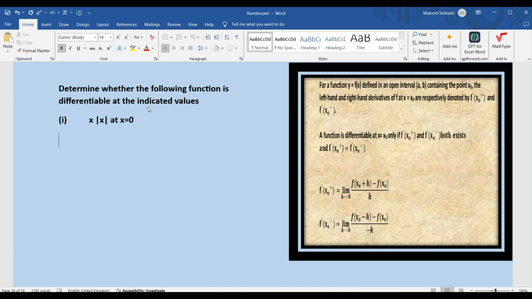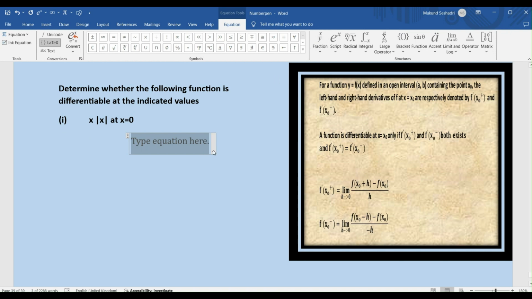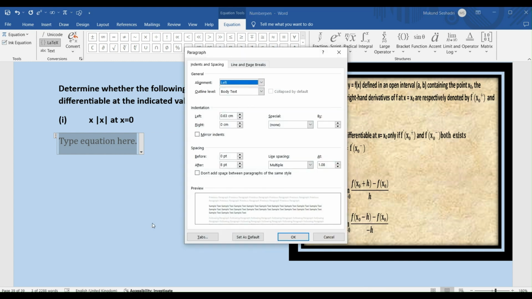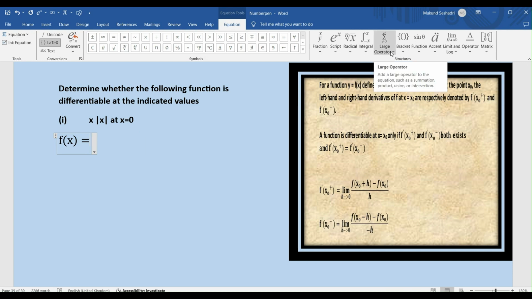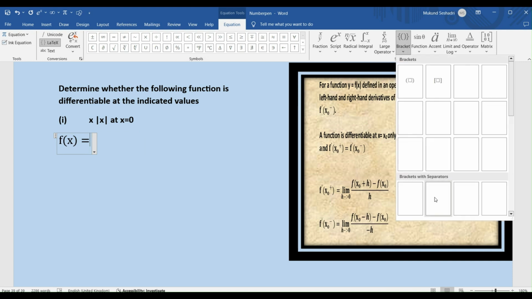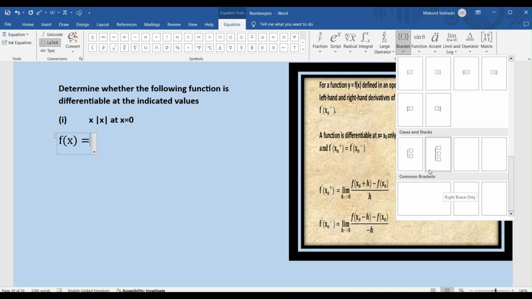And whenever you have a mod function, mod of x, let's remember that mod of x is x for x greater than or equal to 0 and minus x for x lesser than 0, right? So what happens to my f of x then? When I rewrite my f of x, I will have two functions,